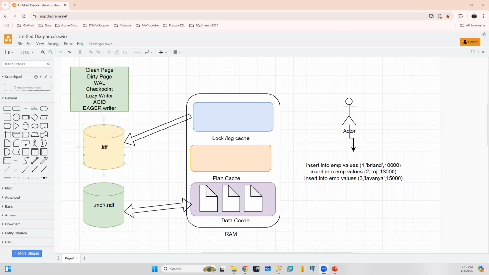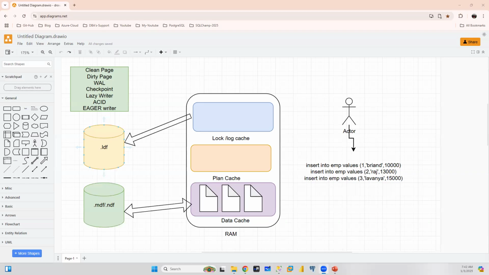If you want to change the checkpoint interval time, Microsoft introduced from SQL Server 2012 a concept called indirect checkpoint,